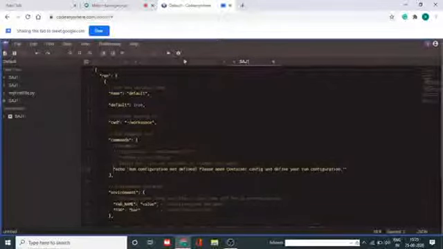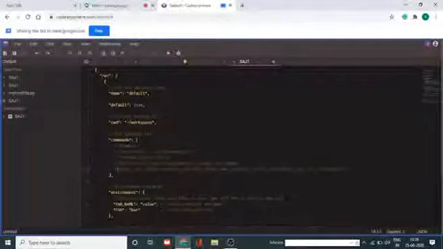Please open container config and define your run configuration. So for that what you have to do, you have to just right click here and open this file. Once you get this file, just comment the last line, and here you have to give the path of your Python file. Okay, then it will be executed.